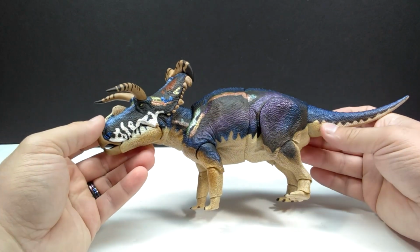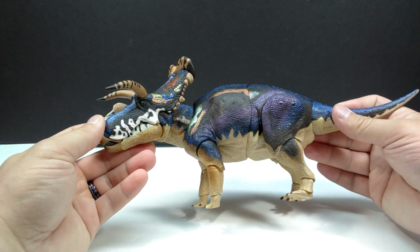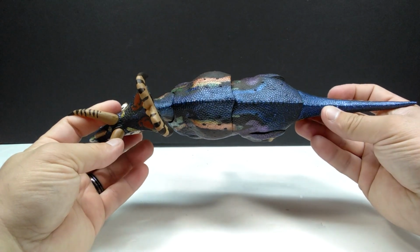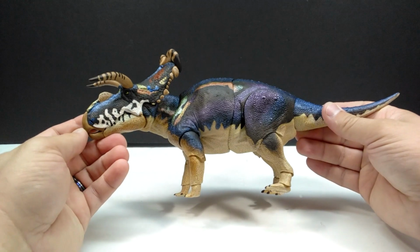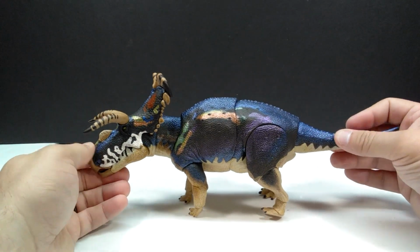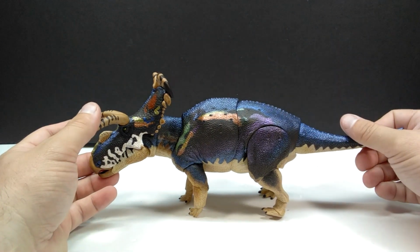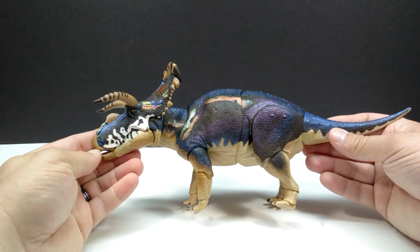That is just absolutely beautiful, and something that personally I would have never expected to work so well on a Ceratopsian is the kind of metallic coloration that they have on this, but somehow it really does. It just makes the entire figure pop so nicely, and the color scheme, again, has so many colors included in this, but yet again, it looks like it could 100% be the coloration of this dinosaur,